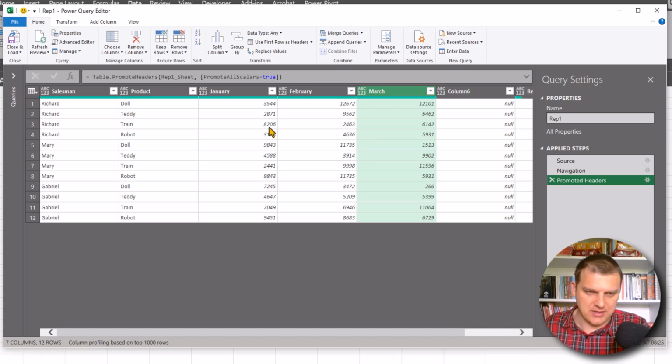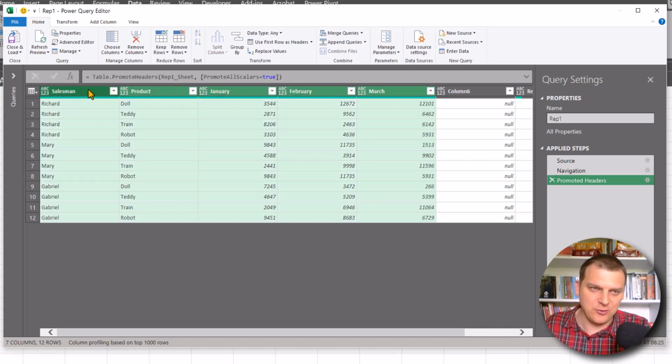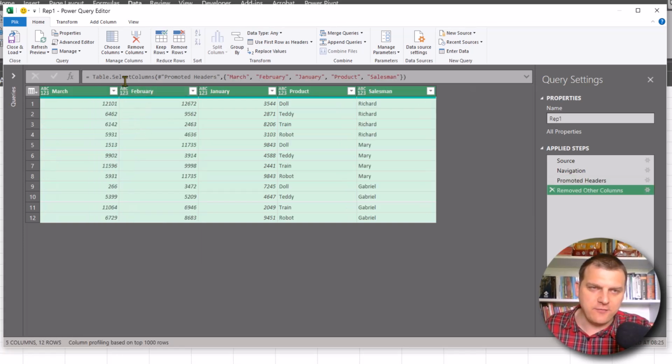We can select every other column without those two, and then right click the header and remove other columns. In this situation we have Table.SelectColumns, and this function refers to the promote header step and selects the columns by names, by a list of names. We want to create this list without the two last columns, and we can do it like this. This is the select last step, and we can click the fx option,